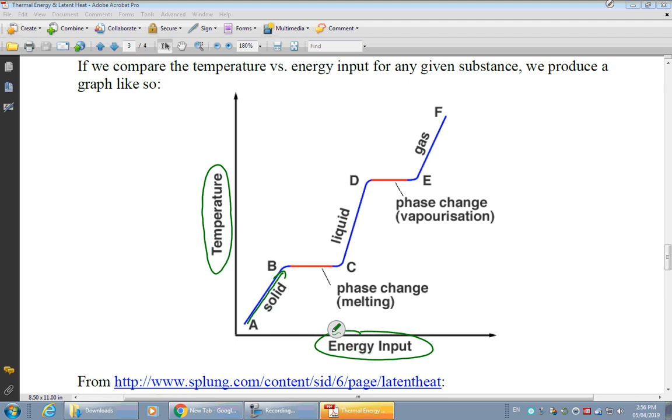What's interesting about that is there's a period of time, specifically this flat period from B to C, where we notice that even though we continue to put more energy in, because it's still sitting on the hot plate, the temperature actually won't change. That period of time is when it's absorbing what we call latent heat. That word latent kind of means hidden or stored away in a way that you almost wouldn't notice. So latent heat is energy that's being stored away in a way that's not actually increasing the temperature of the substance. There's this period of time from B to C where that ice is being melted into liquid